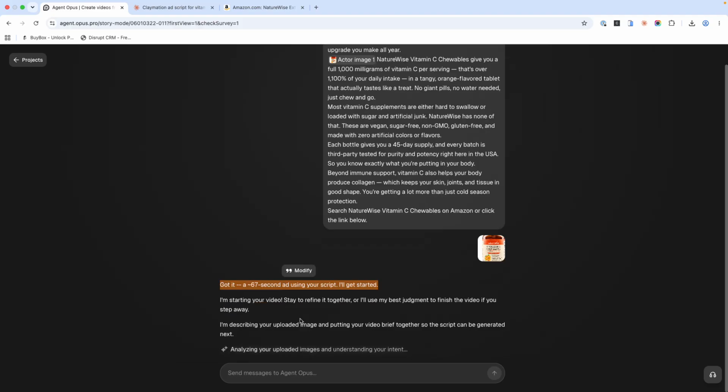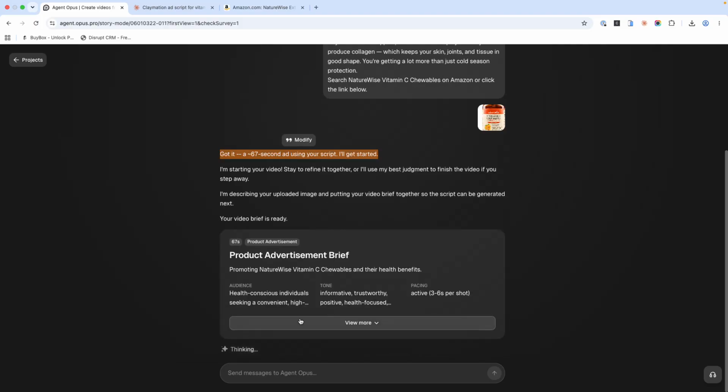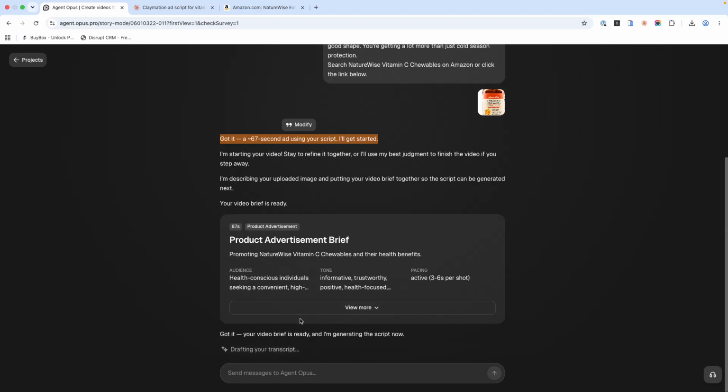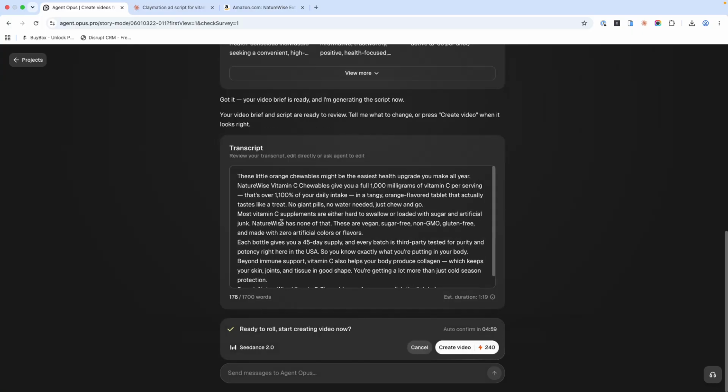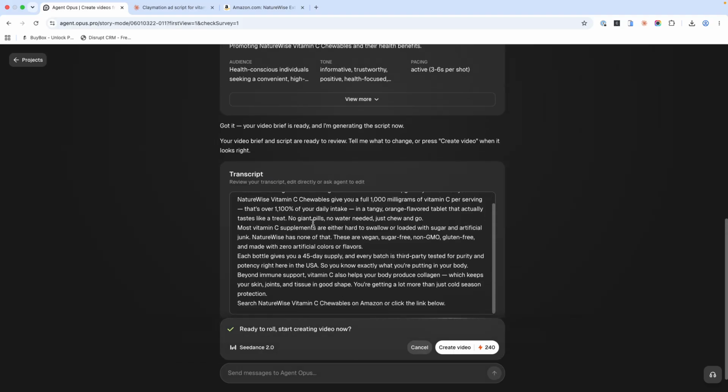And if you use other tools or software, you might be able to generate an 8-second, 15-second, or 20-second clip, and you have to stitch them together. Instead, if you use this tool, you're going to be able to generate the video in one shot, right? So they are going through their process of analyzing the product itself right here, and then they're showing you the transcript itself, and it's showing you how much credit you're going to spend, which is going to be